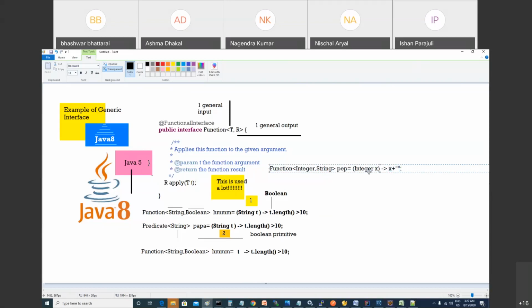A shortcut. How will I call my method? Using the reference, the method name is apply. When you call apply and pass 120, here the result will come as a string. So the integer value will be treated as a string here. When you pass to apply, it will call the lambda, and this lambda appends a blank to x. When you append anything to a blank string, it will be converted into a string. You know it. Fundamental core Java concept.